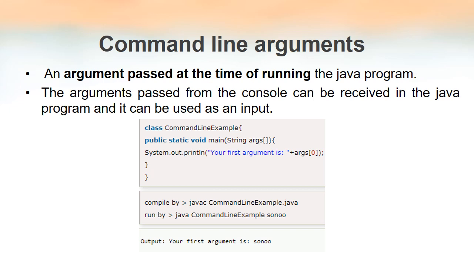So we know how to compile a Java program and how to run a Java program. First of all, we have to write a Java program. We have to save that file with a .java extension. For compiling, we have to call the Java compiler, and the name of the Java compiler is javac. All those things we know.